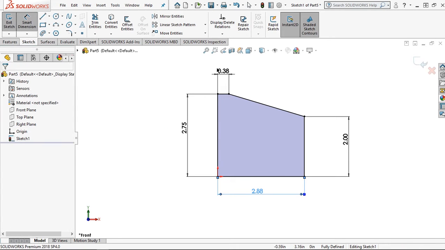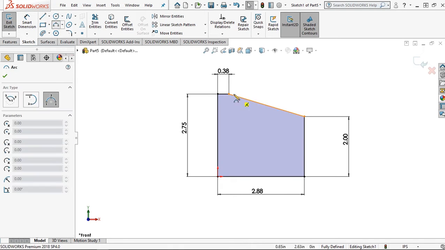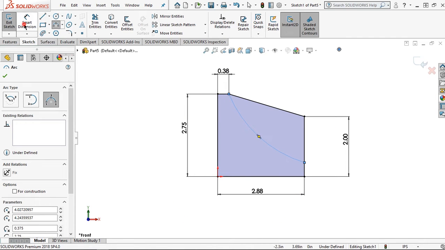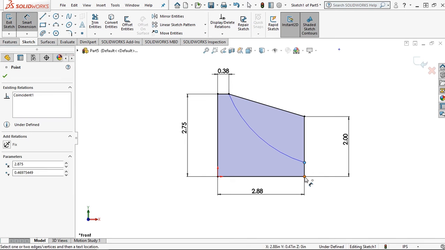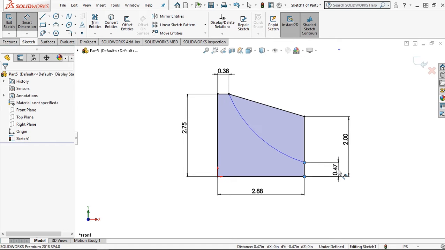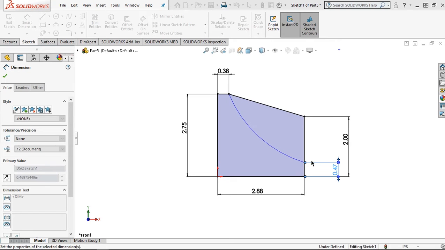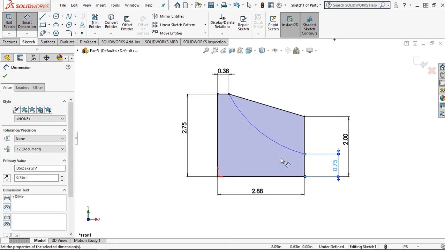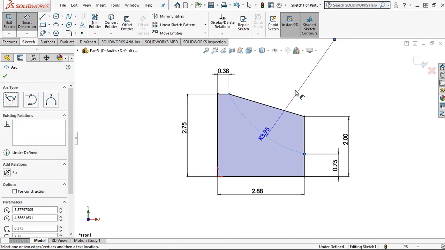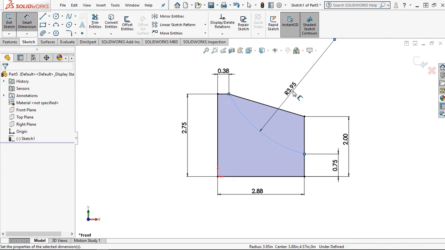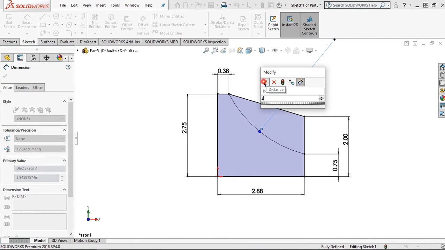Okay, you will see the sketch like this, and I want to add the 3-point arc and click to this sketch and make it, and give the distance for this one 3 divide 4 inch or 0.75, and then give the radius, it is 2 inch. Click OK,